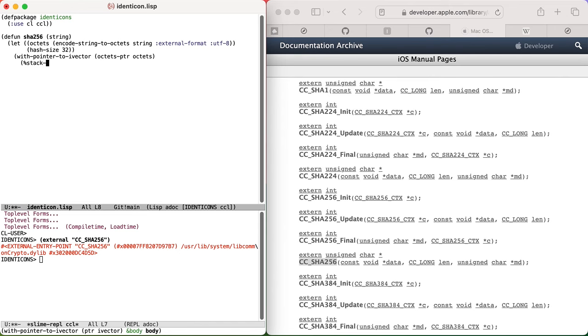There's a way to reserve memory that foreign code can refer to and that won't move with this stack block form. It starts with a % because it's sort of dangerous in some way. If you mess up, you could crash the Lisp. But if you use it correctly, it's safe and it works fine. So we'll call that hash pointer, and that's going to be of hash size